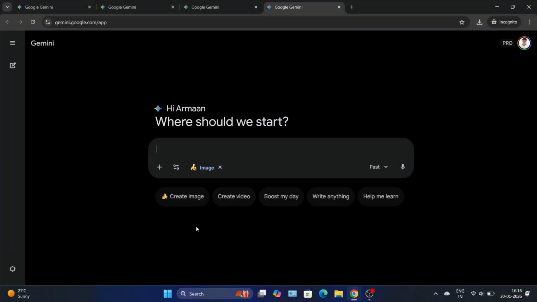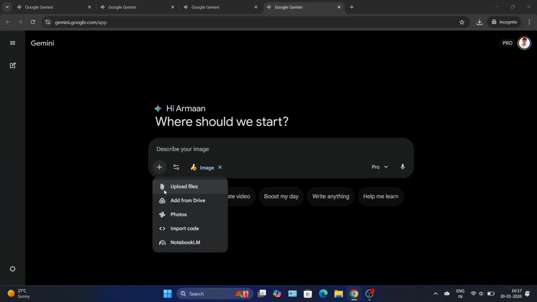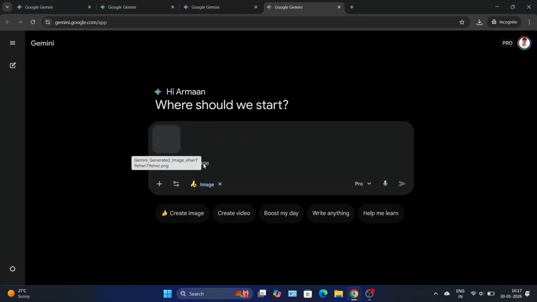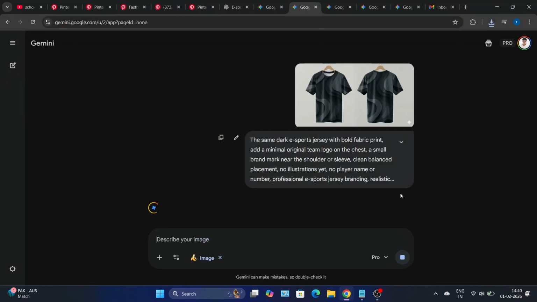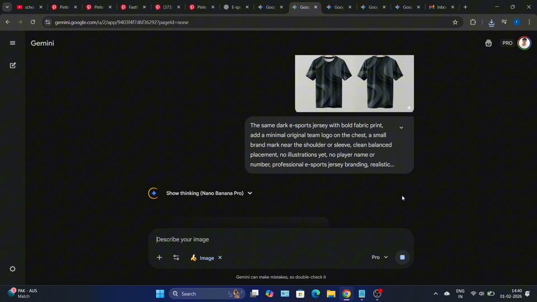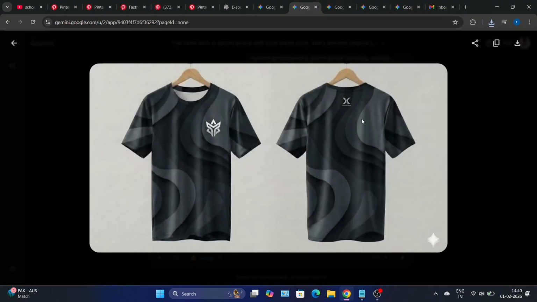The same steps are then used to add the brand logo, hero artwork, player name and number, and the final background presentation. Once everything is complete, the Counter-Strike eSports jersey mock-up is